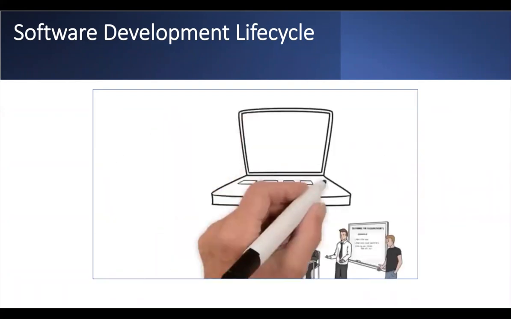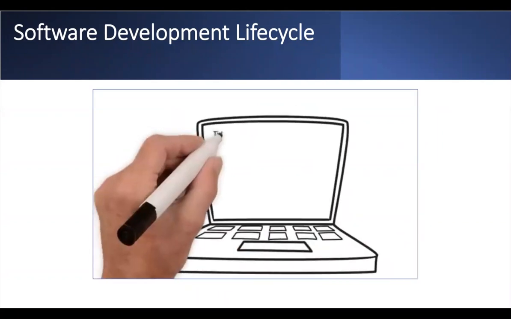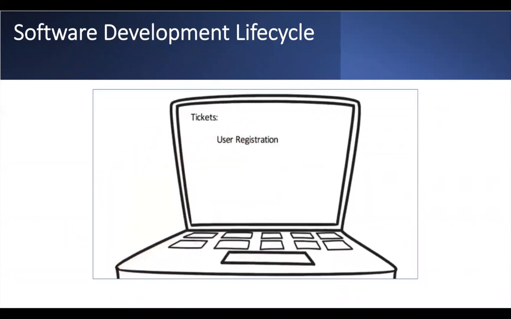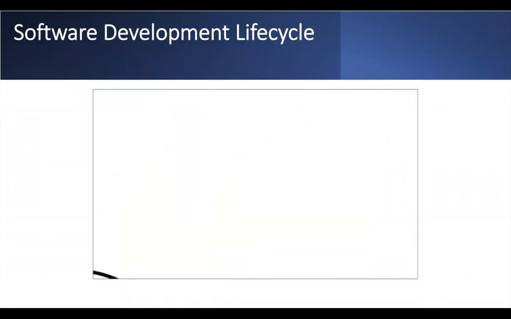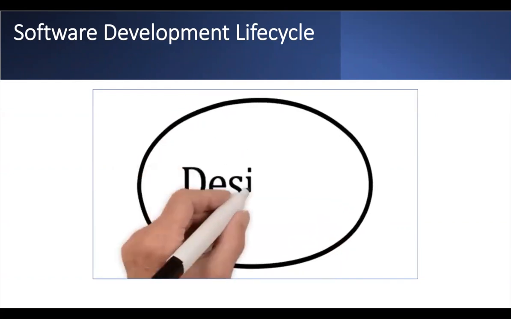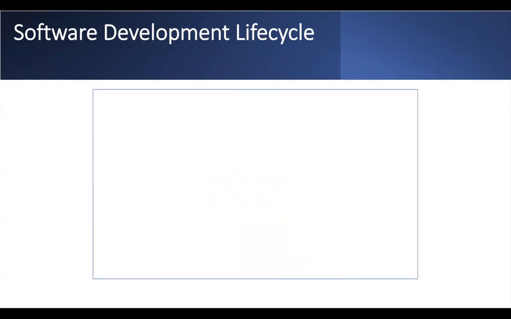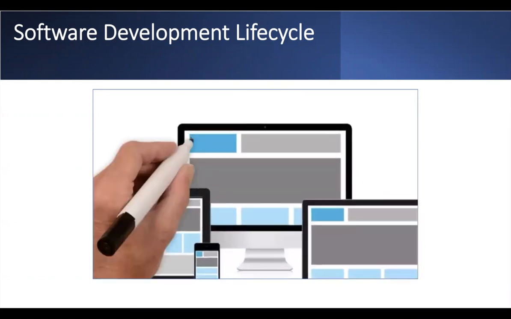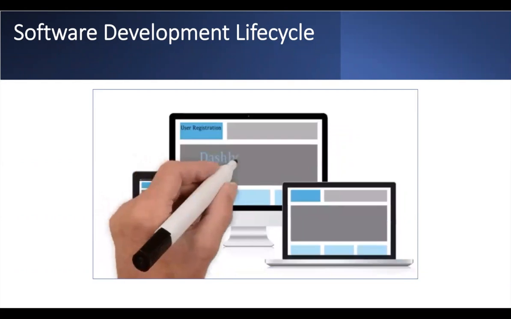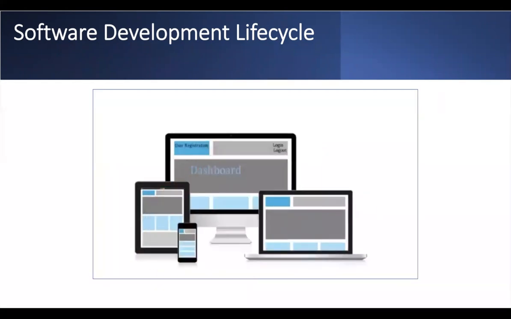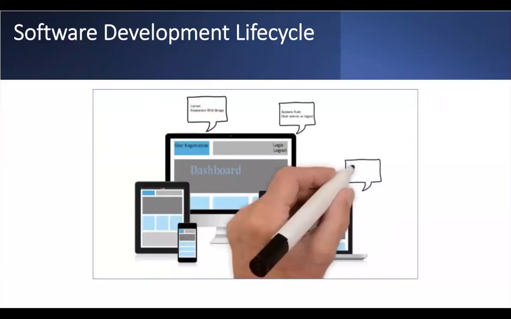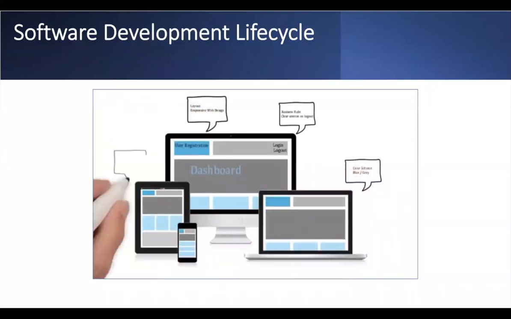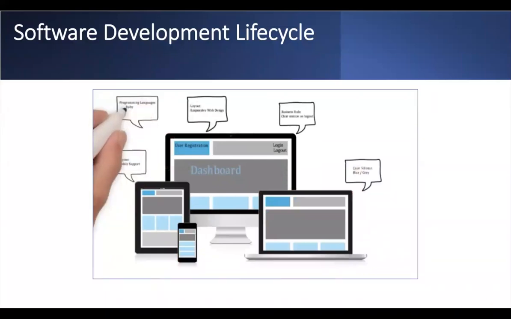Once all of the requirements have been analyzed by the team and defined, the product owner will take all the defined requirements and create tickets in a project management system. From here, we'll move into the design phase of the SDLC. The design phase takes all the requirements and starts to plan the product. The design phase may include the business rules, the user interface layouts, color schemes, what programming languages to use,